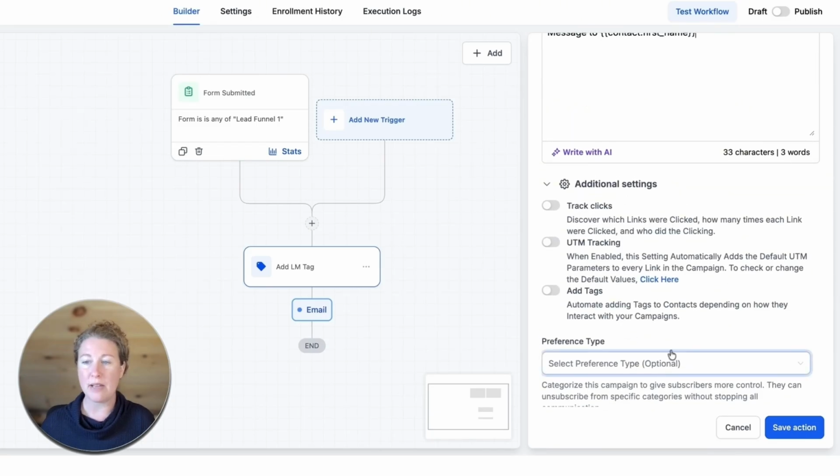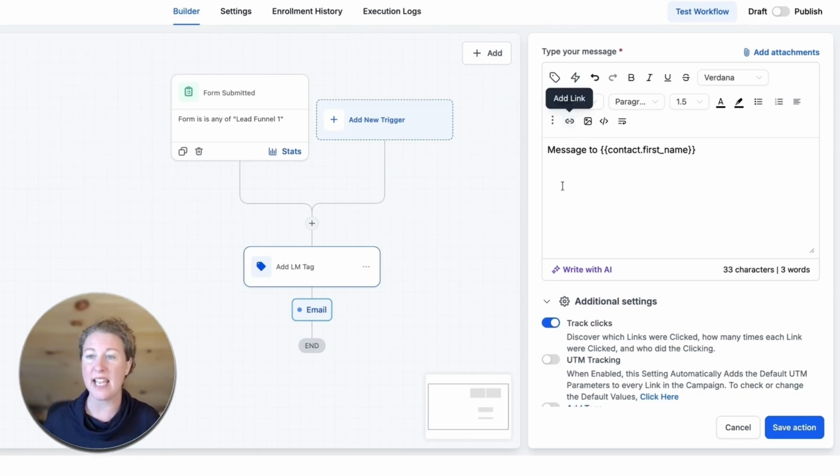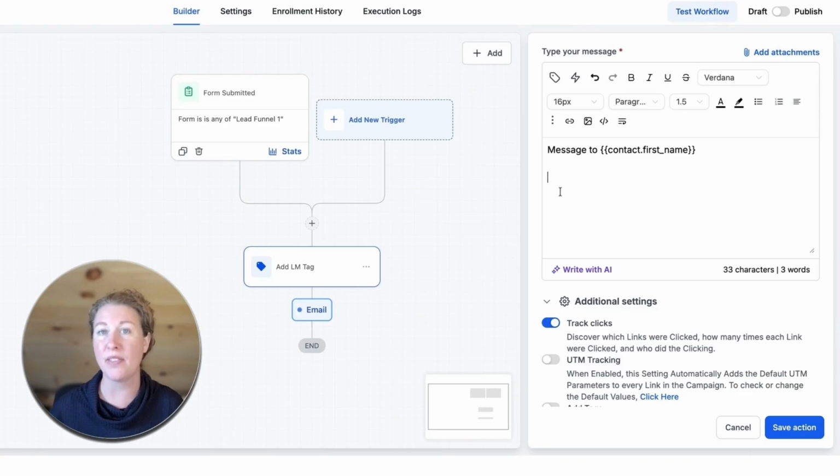Now, with your emails, most systems are going to have options. They might be universal for the whole system, or it might be per message, like what you're seeing here, where I can track links, I can turn on UTM codes, I can even add tags if somebody interacts with this campaign. So let's say, again, this is a lead magnet, I'm putting in a PDF, and so I have a PDF link here. And I'm saying if somebody clicks this link, I want them to get tagged as opening the document. I want them to get tagged as accessing the PDF,